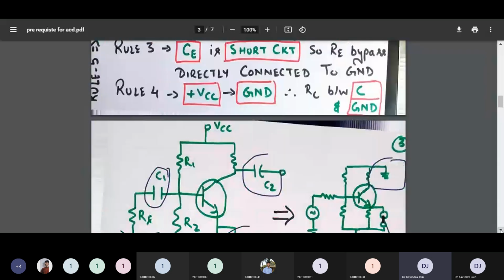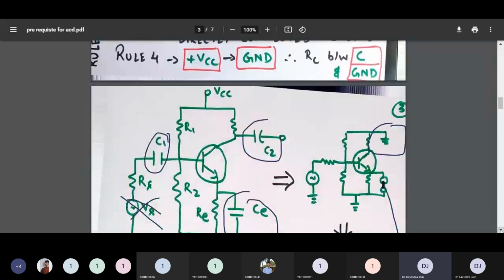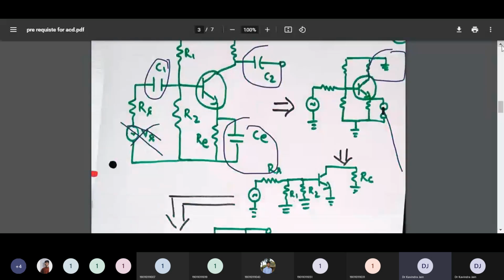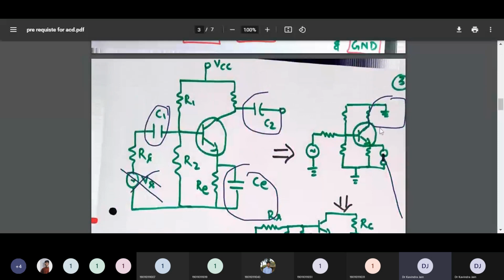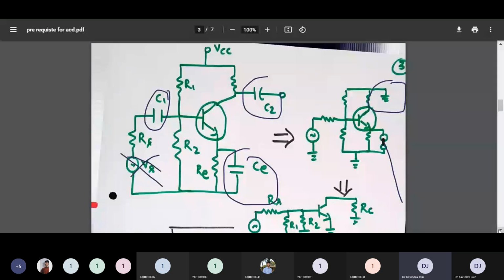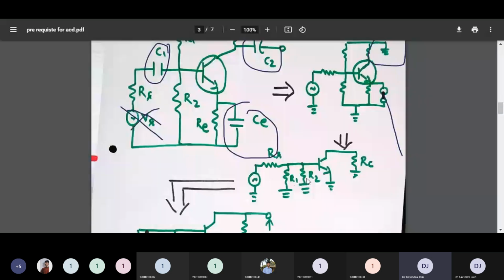Accordingly, based on this, the first step that we had done was this. If you remember correctly, we had done this thing. This part was the input first stage. From this, we have moved to this stage. As you can see, we have removed CE, C1 and C2 were removed, VCC was grounded, input was done like this. R1 and R2 was being solved in the next stage, that is this. See, R1 and R2, which were in parallel like this, transistor, RC, this thing was short circuited, so it was being removed in the circuit as well. And the final circuit that we got was this.